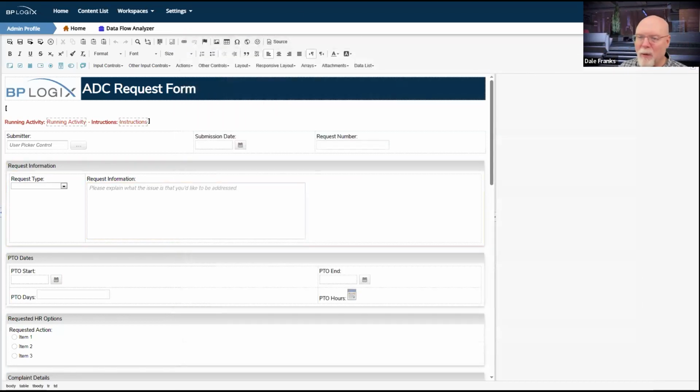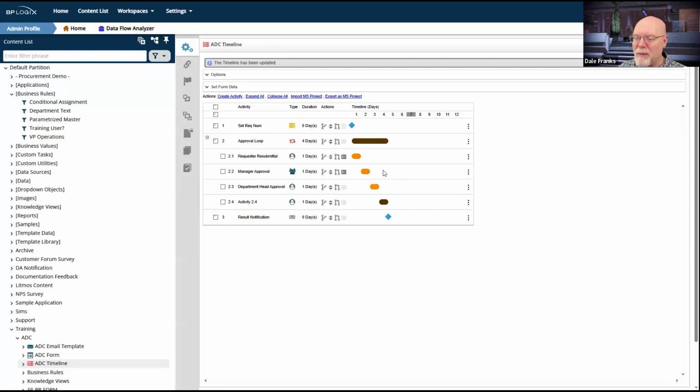We have a couple of more things obviously to fix on the process timeline to get it set up. So we'll come back next week to department head approval and we'll start getting that stuff configured. Once we have our process timeline configured, we can then move on to our email template and get that configured as well.